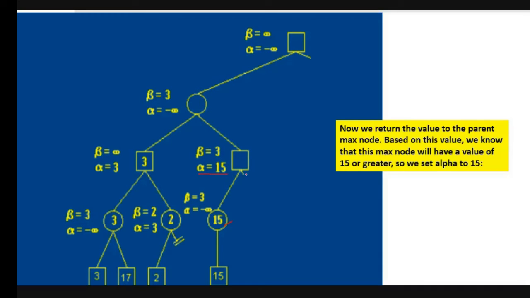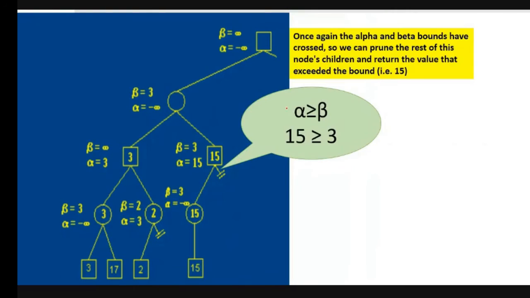Now to compare and do some solutions, observe that we have reached a condition where alpha is far greater than beta. So whatever connections were there for these, they will not be explored. So here the exploration of the further branches for this node has been pruned. Okay, so this has been done.